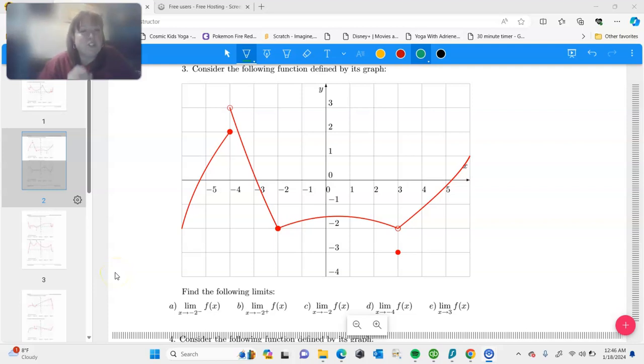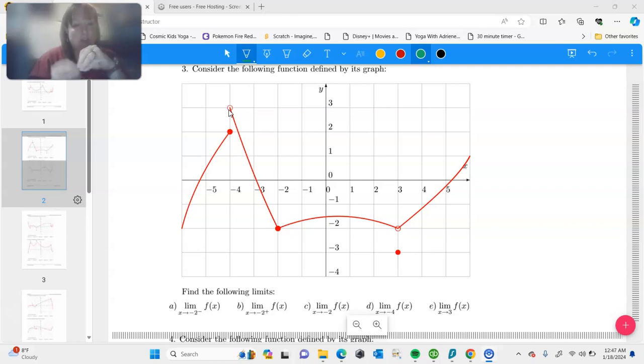Okay, we're really quickly going to just look at limits on a graph. I think this is what you were asking about with the open circle versus closed circle, and I think that this is interesting to understand. So we have a graph here, and we have open circles on it and we have closed circles. Open circles basically means that the point gets really, really close, but it doesn't actually exist